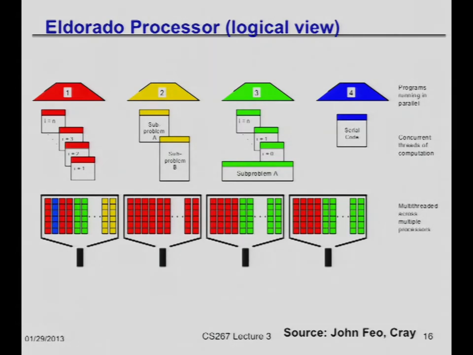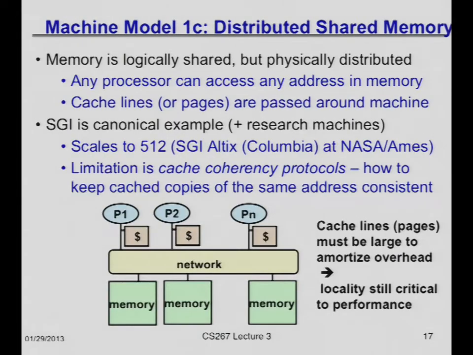So this is sort of the second attempt to make shared memory easily available. And so here is the third and maybe the most scalable one. People got this up to 512 processors. I think that's the biggest machine people built. And SGI is sort of the canonical example of this, plus some research machines. And so the memory is all logically shared, so this kind of looks the way it did before, but it's